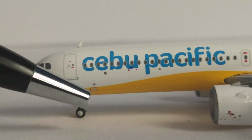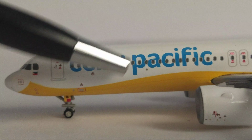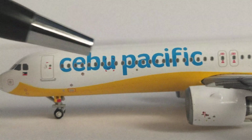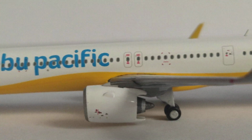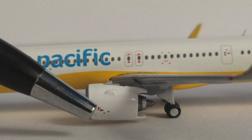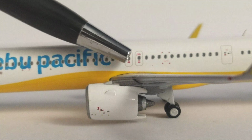Here I think we have more static ports and pitot tubes. Here we have an emergency exit cutout. And then here we have the blue Cebu Pacific titles. And here we have the yellow color going across the fuselage. Here as you can see, we have the big engines. We have some detail here also. And here we have the